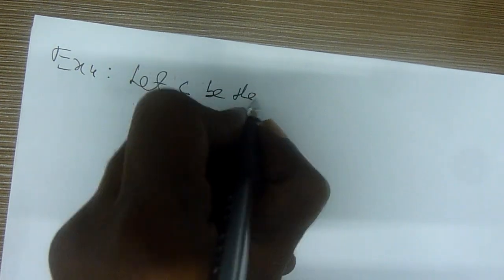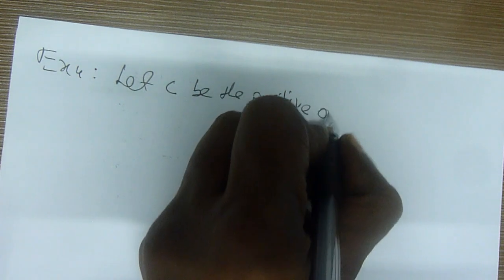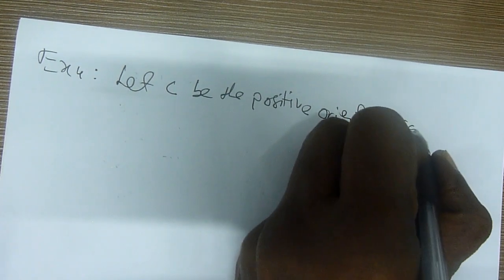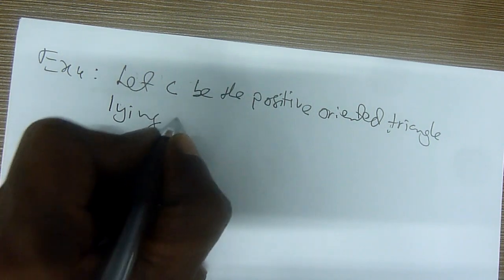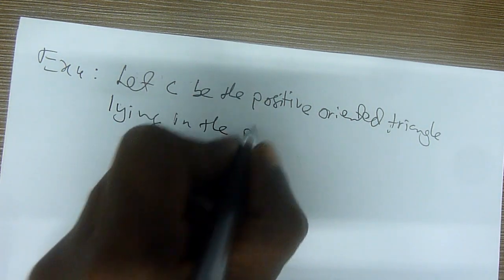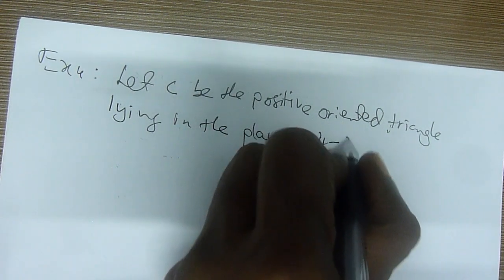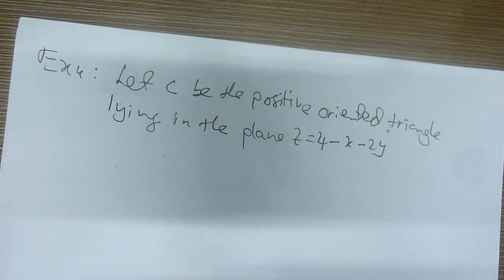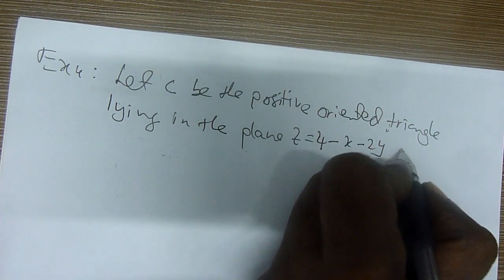Let C be the positive oriented triangle lying in the plane 4 minus x minus 2y minus z equals 0, hopefully is a minus, yes. Okay, as shown,